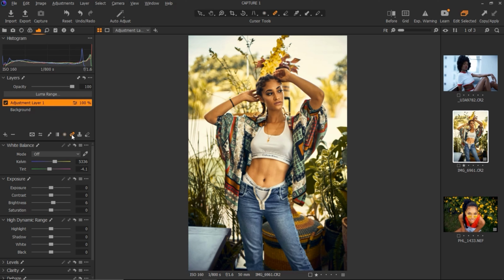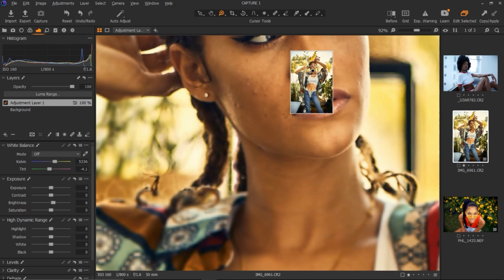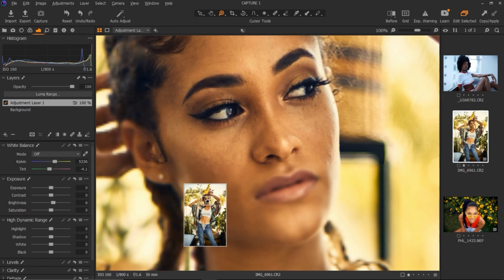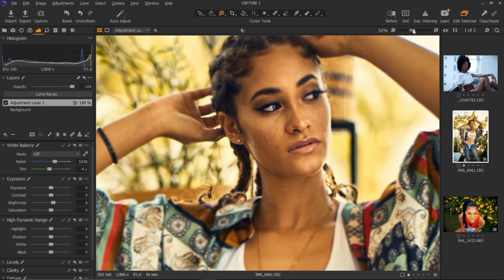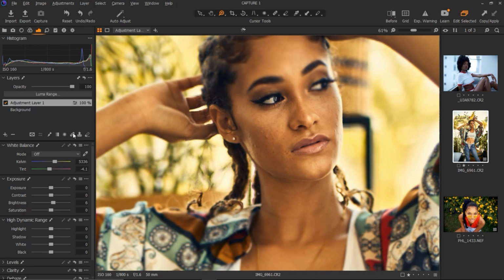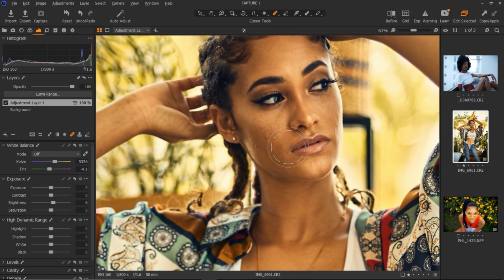So this next tool we have right here is our healing brush tool. Let me zoom in. So let's say we have blemishes on the model's skin. We can use this healing brush tool to actually remove the blemishes. So let me show you how it works. Once you click on your healing brush tool, reduce your brush size and brush over the blemishes like that. And Capture One is going to